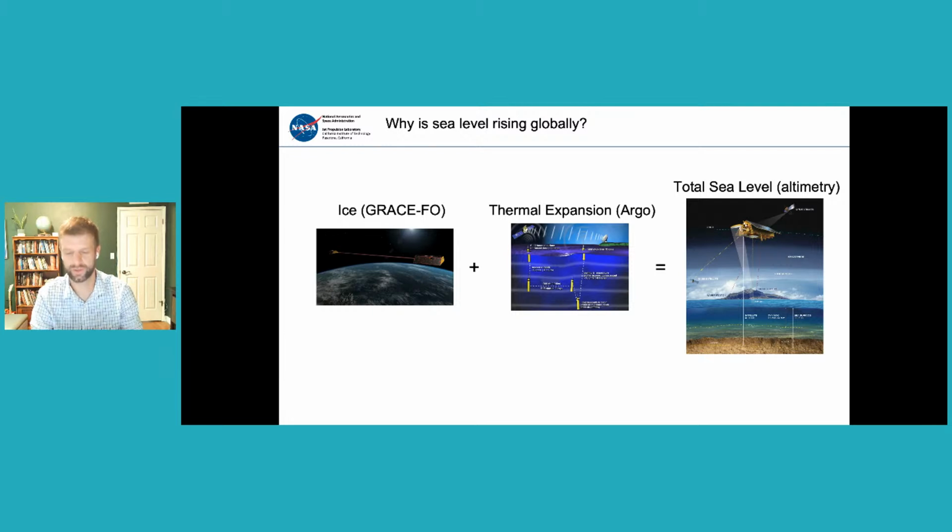As scientists, we think we understand the processes that are causing global sea level to change. This is a really good set of independent measurements to actually verify that. The other reason this is very important is as we start to think about projecting sea level into the future, it's really key that we understand the processes now.